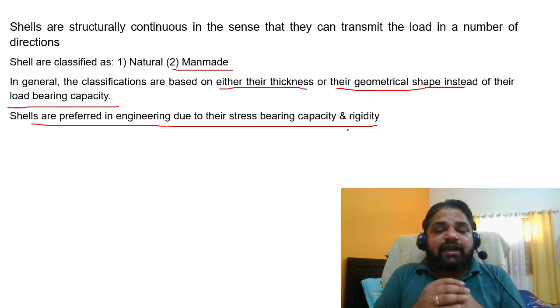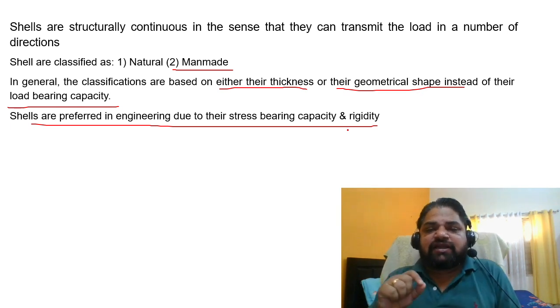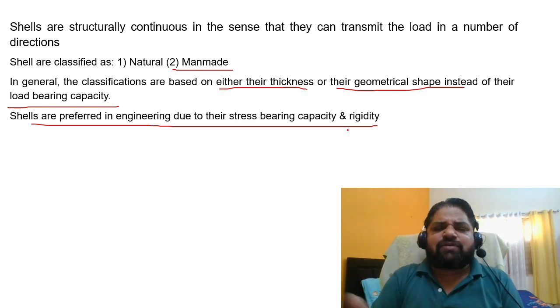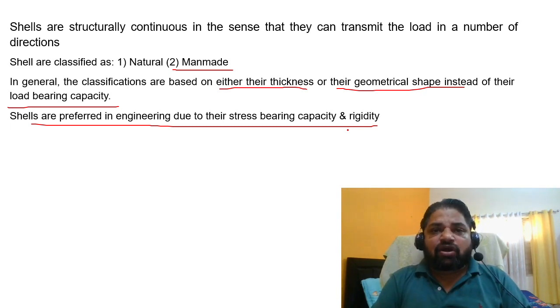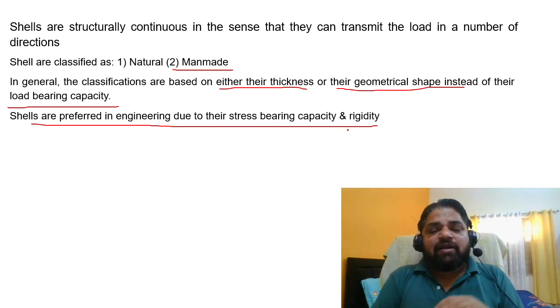These are not only because of their religious belief; rather, they are structurally continuous in nature, and they have some other belief also. But if I think about mechanical engineering or structural shells, or shell components or shell structure, they are continuous in nature, which helps in many other ways, as they have their religious belief based on that. But if you see only from the structural point of view,